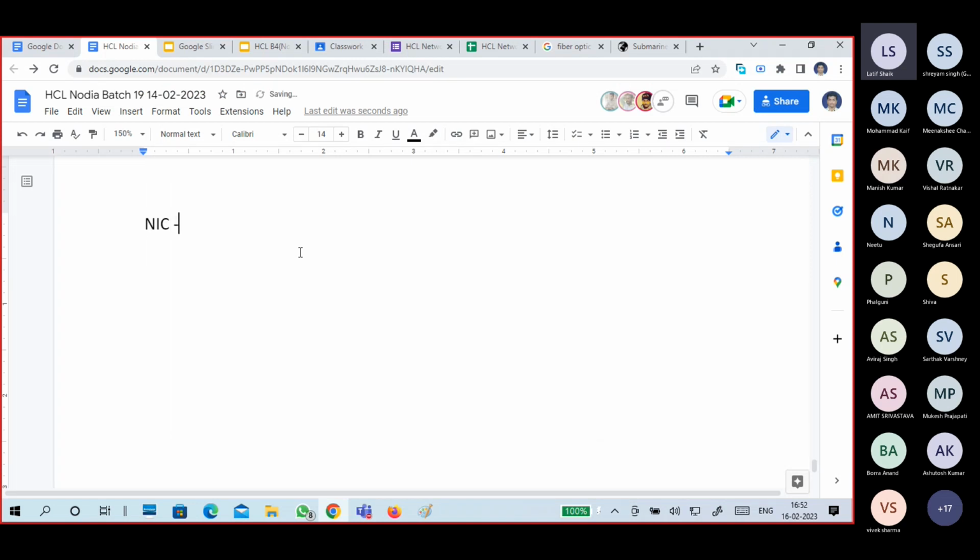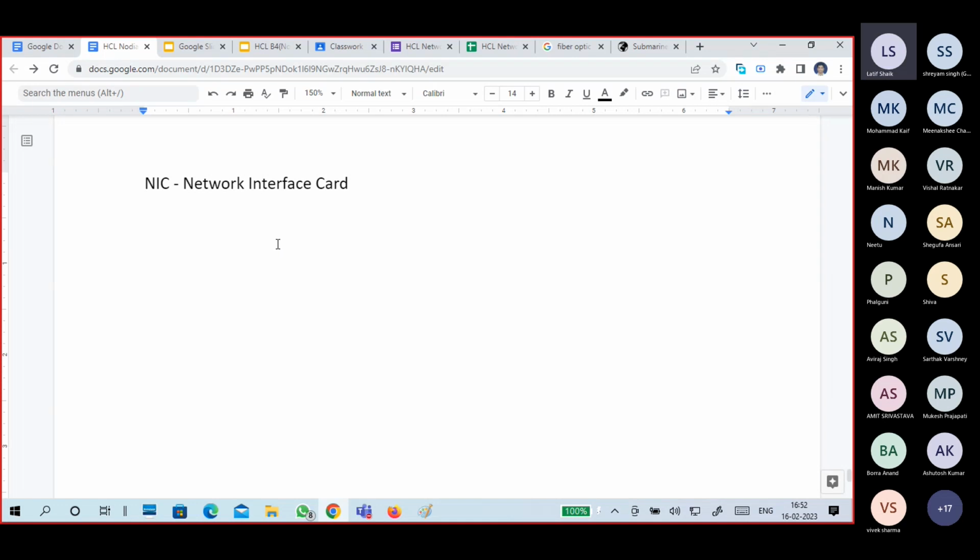So NIC, network interface card. What is NIC? Network interface card. Any device you want to connect in network,